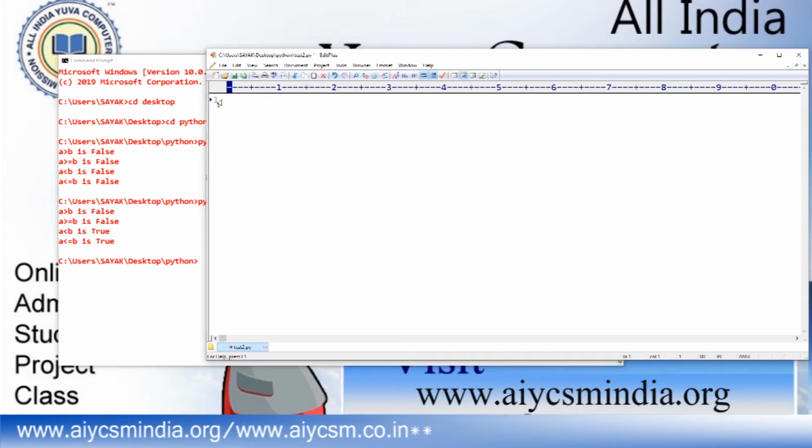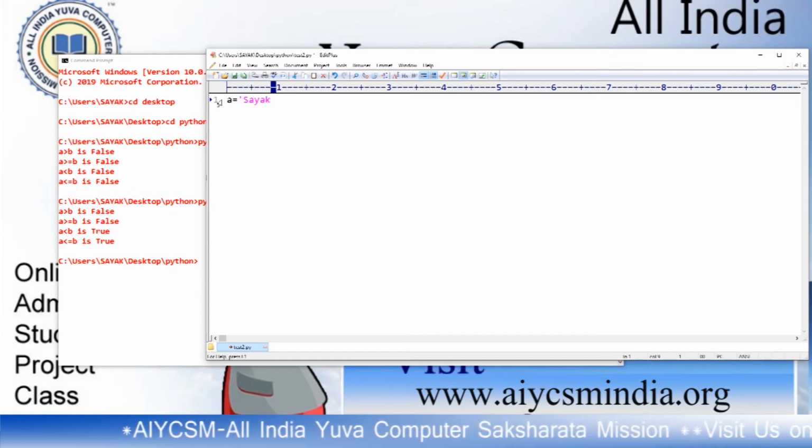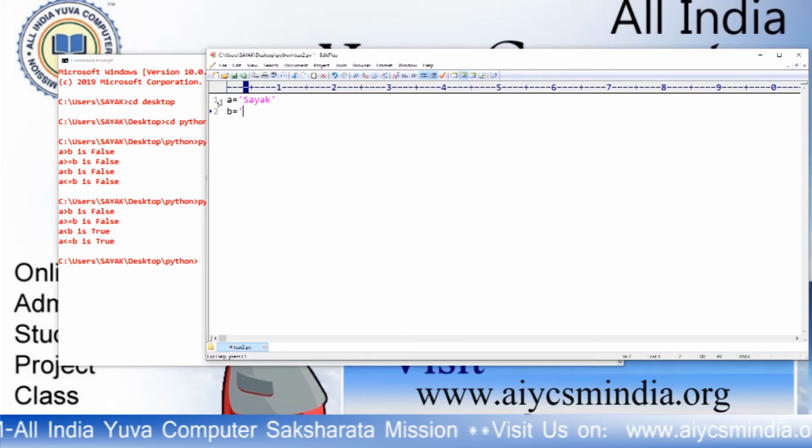So, I have to write in my earlier program a equals 'Shayok'. You can take single quotes or double quotes, both are applicable for a string. b equals 'Shayok'.